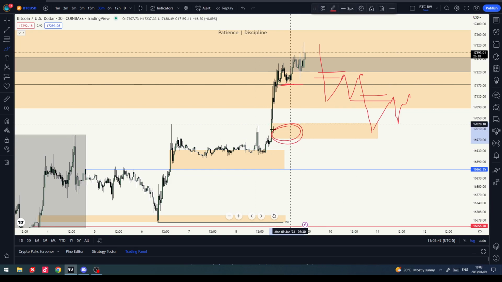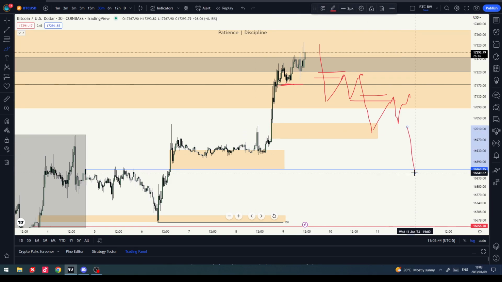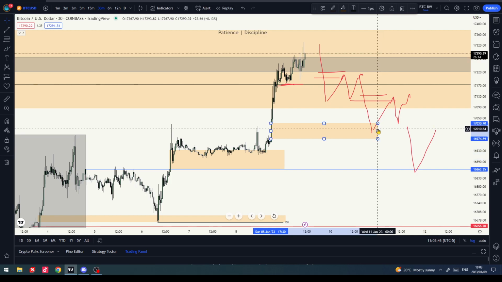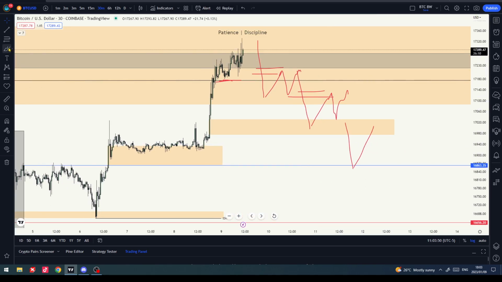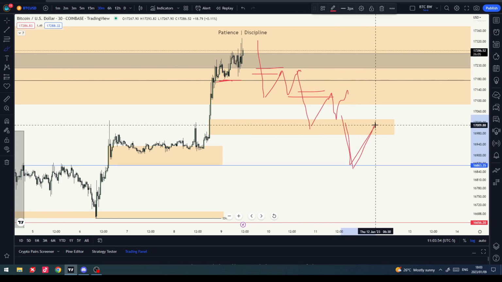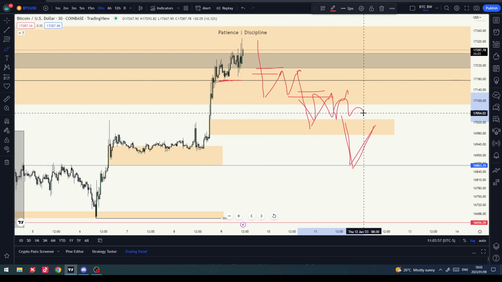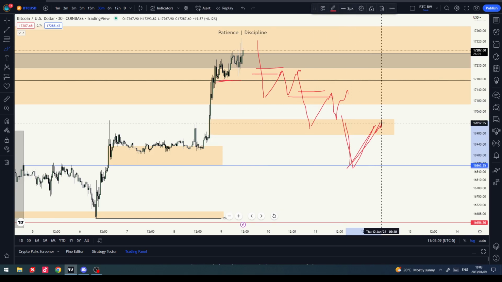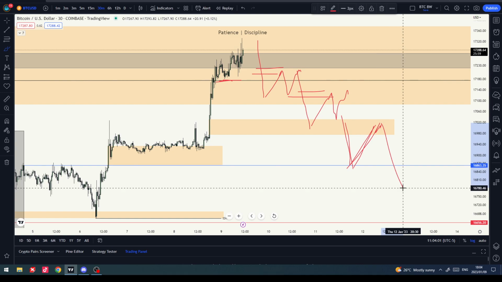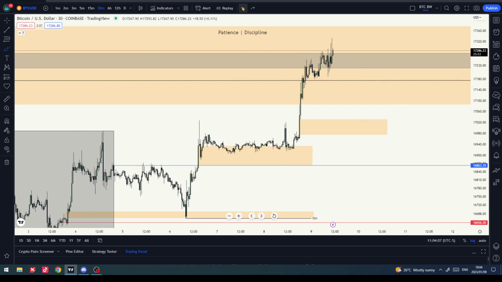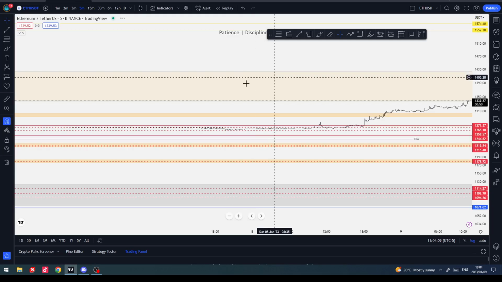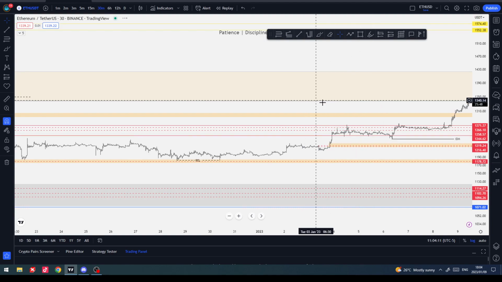Once these FEGs get broken, then they will act as resistance instead of support. So it becomes an inversion level when your balanced price ranges or these FEGs start to act as resistance instead of support. They will support on the top side, they'll become resistance once we're underneath, and then we'll sell them again and look for price to head down lower. So that's all we are looking for on BTC. You'll follow the same thing for any other of the cryptos that you are looking for.